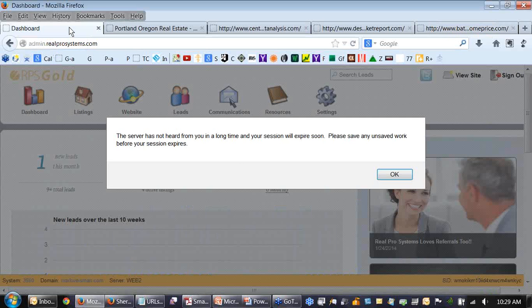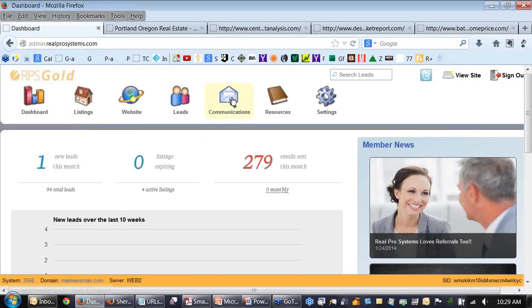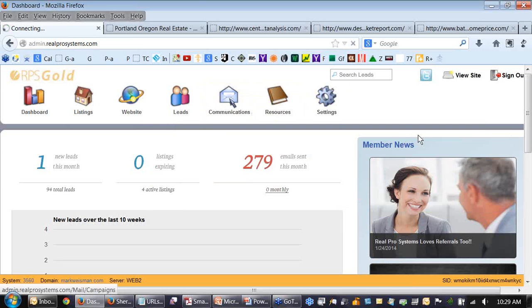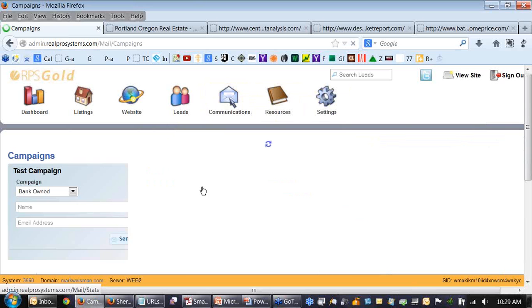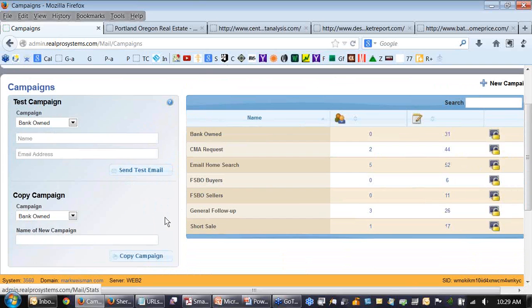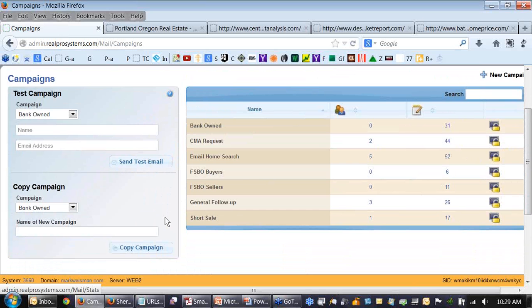Terrific. Oh, there is one thing I wanted to show before we conclude. I'm in my RPS Gold demo system, and I'm going to go to campaigns. Rob mentioned this, but I think it's a good idea just to make sure that this is clear. Normally, for most lead sources, you're going to have everybody's name, of course, put into the newsletter mailing list for long-term branding through the newsletter, but you would normally have one campaign at work. Well, there are 2 that go to work here, but they're different in nature.